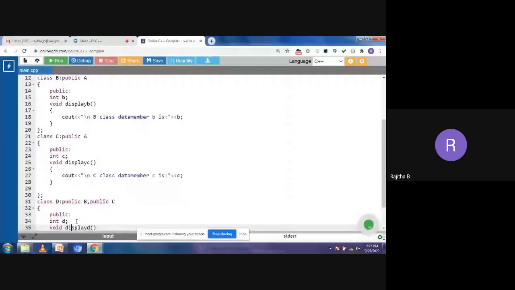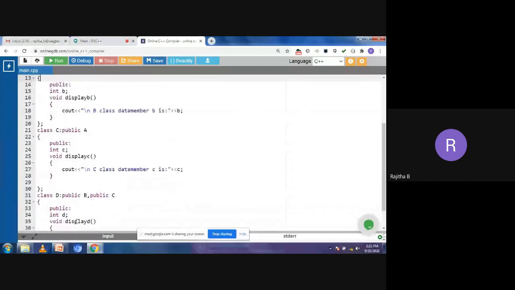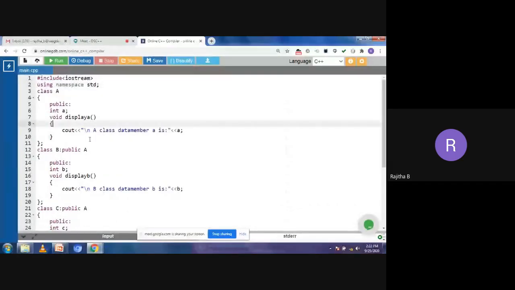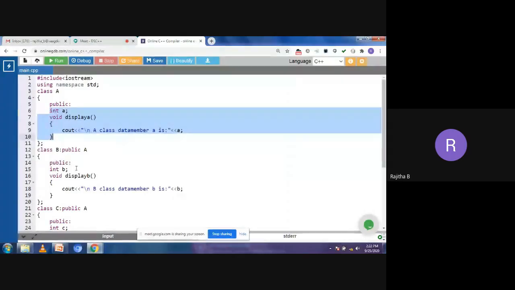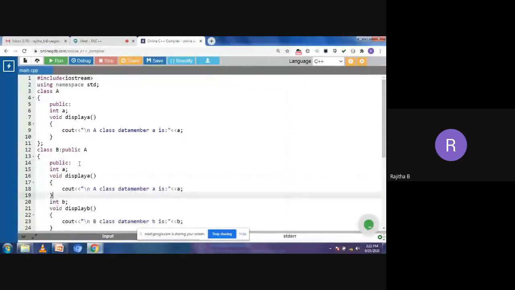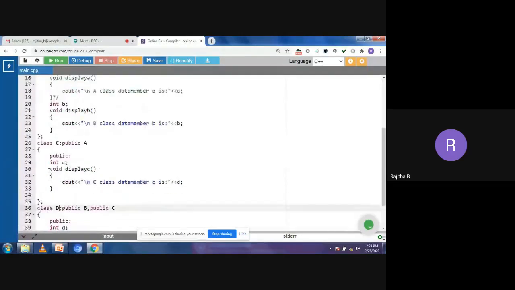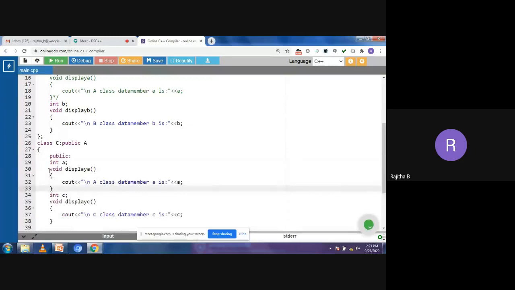Now, what happens when you take the inheritance concept here: the class A consists of data member a and display A. So this copy will be created, meaning inherited, into this particular B class. Here I'm copying this one, so keep it in comment lines, since it is a copy from the A class. Now when you take the C class, I'm deriving the C class from the same A class. So the A class data members and member functions are inherited into this particular C class also. Again, I'm keeping it in a comment, because it is a copy from the A class.